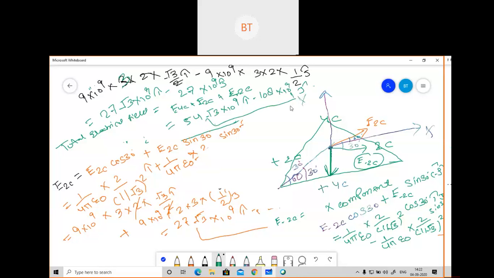So only you have to understand about the direction. If you understand the direction, all the rest of the things are simple. So please tell me if any doubt is there, if you are facing any kind of difficulties in this, because if you understand this question, any point charge question will be easier for you. So only based on the direction you have to see where actually the charge is moving.